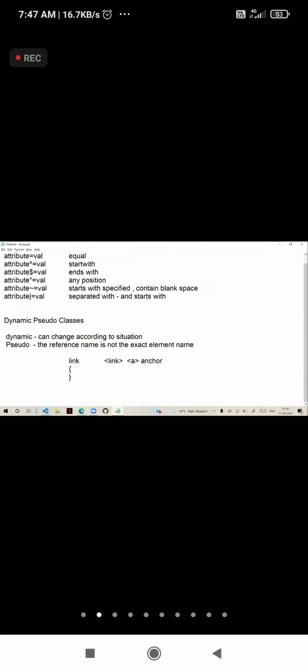I hope everyone understood the point actually. So generally link word should apply to this link element. But this link word is to use it to apply to anchor element. That means its name is different and the element it applies is different.